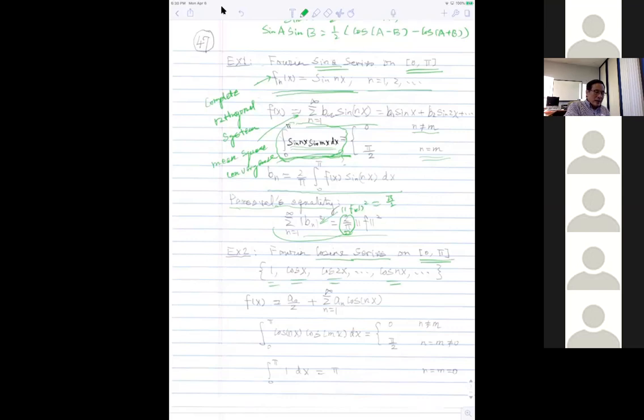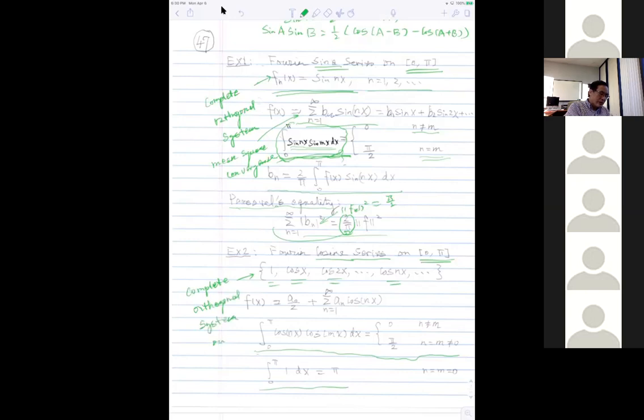Again, we can prove that this is orthogonal, and you have these identities, and therefore this again is a complete orthogonal system